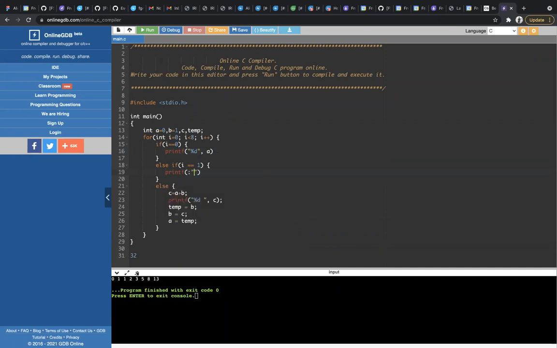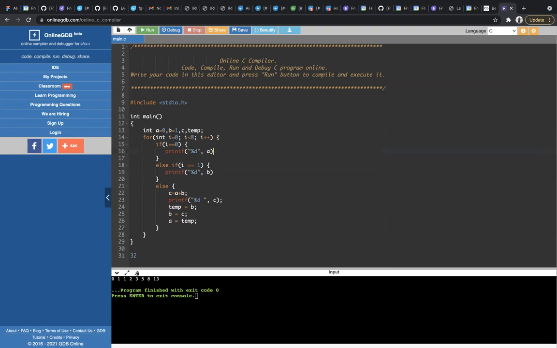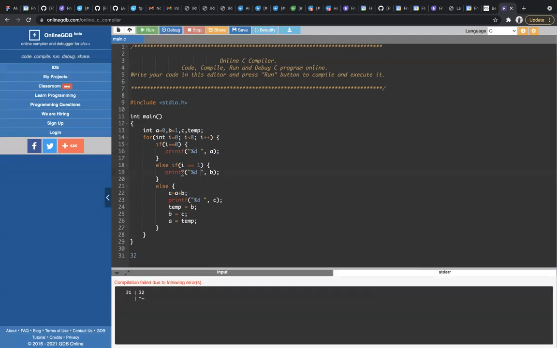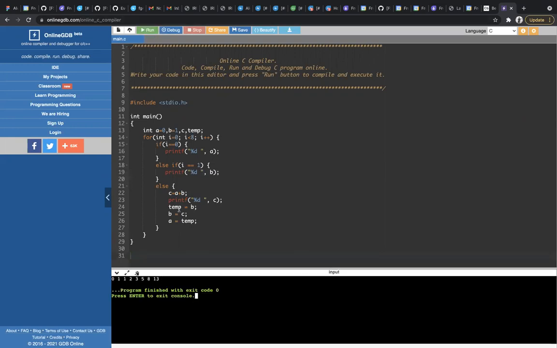If i equal to 1, printf %d, comma b. Running this. Sorry, the previous count was 32. Now it is also giving the same output, but the difference is that I am printing the A and B values inside the for loop.